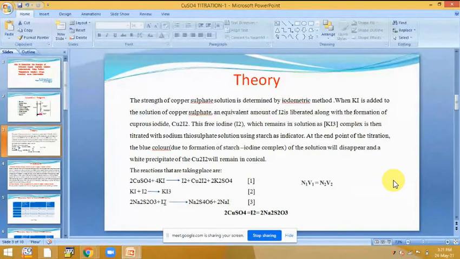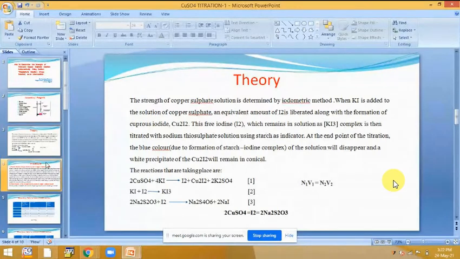During this reaction, when the reaction between the copper sulfate and the thiosulfate solution is completed, at the end point the solution color changes from yellow to white. That will be your end point, and we have to take the reading. You see, N1V1 equal to N2V2, where N1 is the concentration of the known solution which you will provide. V1, we will take a fixed volume by the measuring cylinder, that is 10 ml or 20 ml, whatever. N2 is our target to be determined, and V2 is the volume we get at the end point, that is the burette reading.